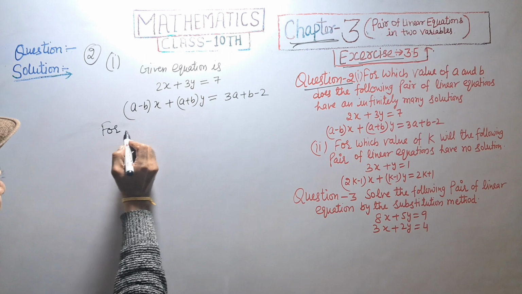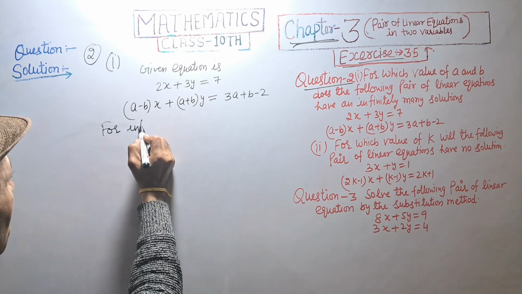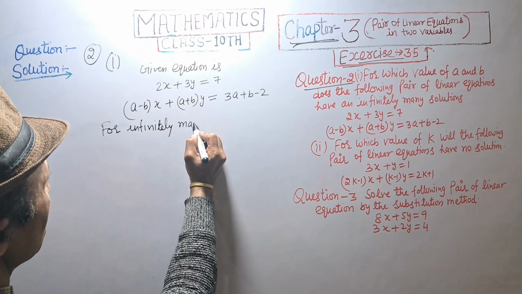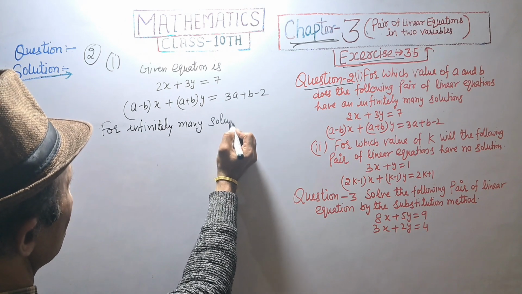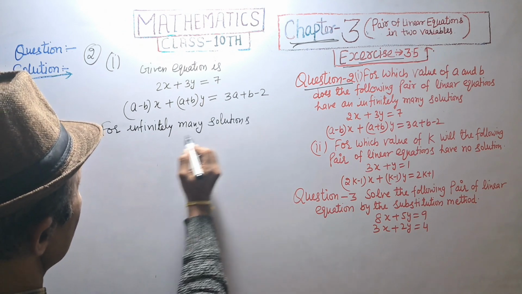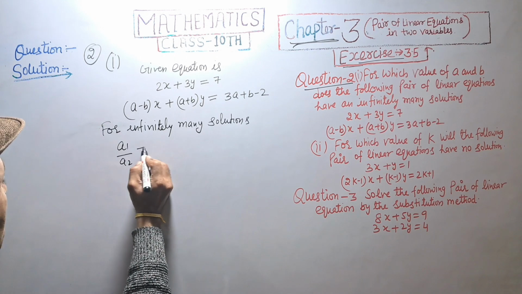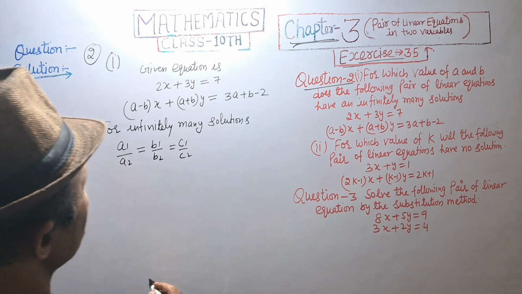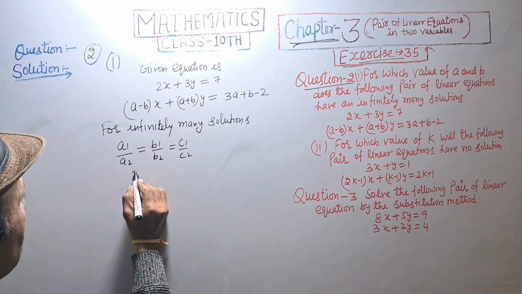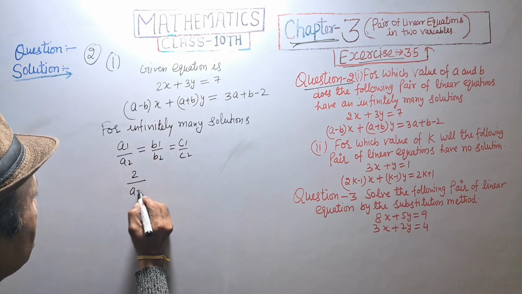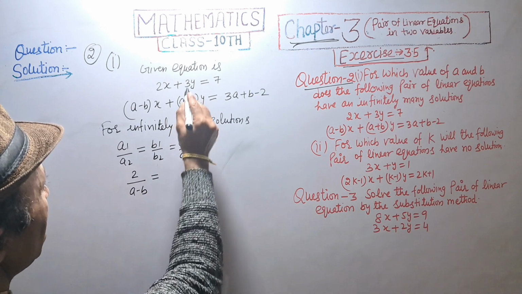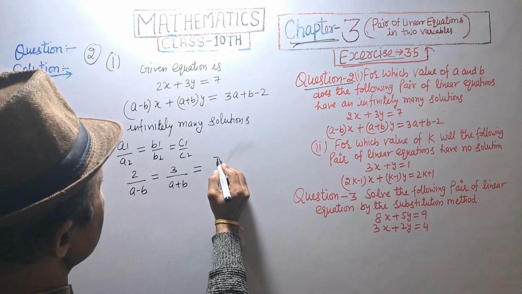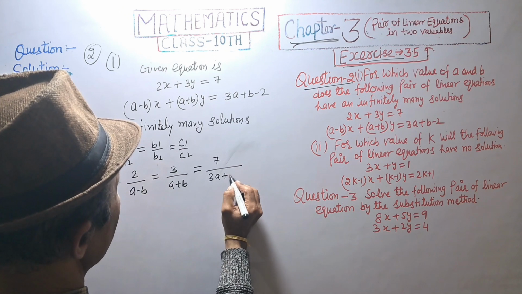For infinitely many solutions, a1 upon a2 is equal to b1 upon b2 is equal to c1 upon c2. a1 is 2, that is 2 upon a2 which is a minus b, is equal to b1 which is 3 divided by a plus b, is equal to 7 divided by 3a plus b minus 2,